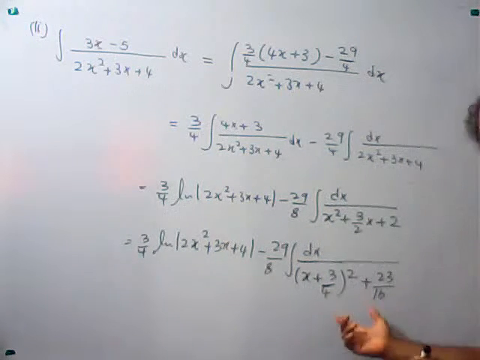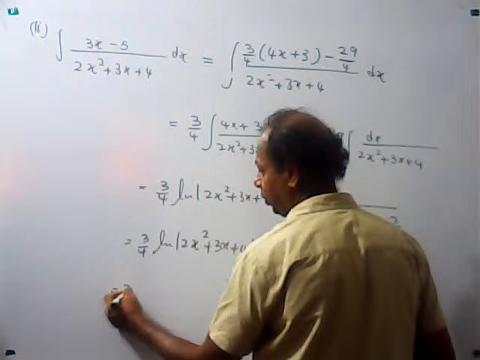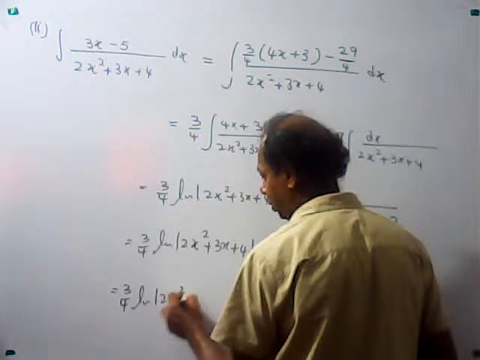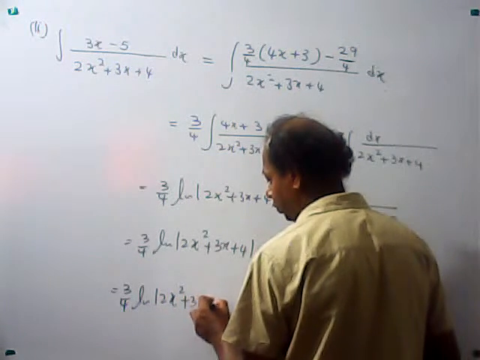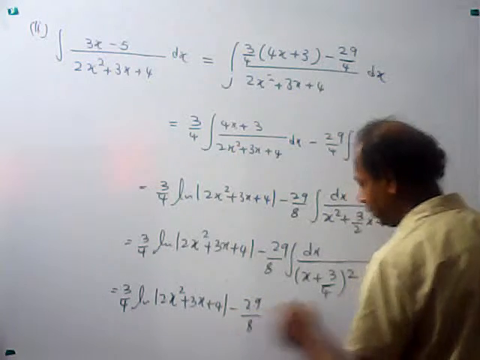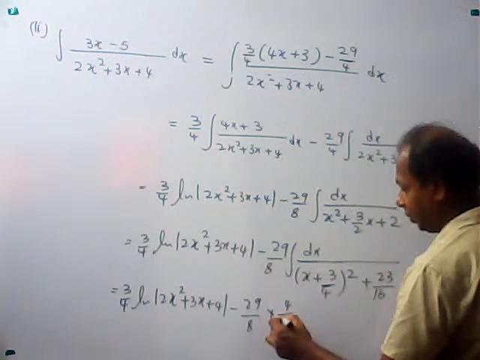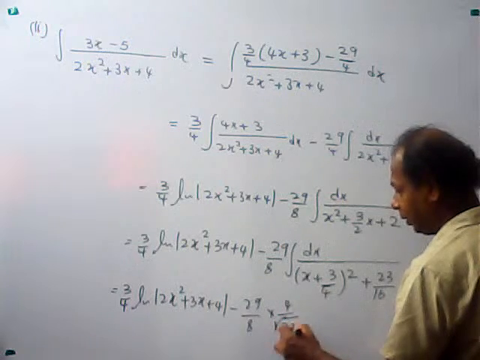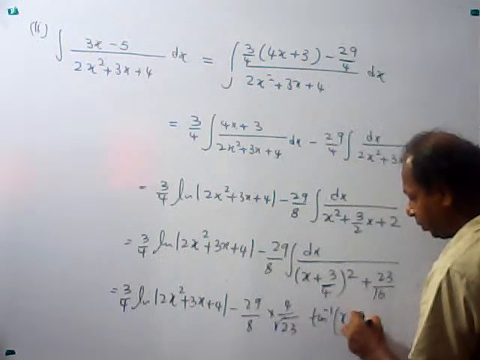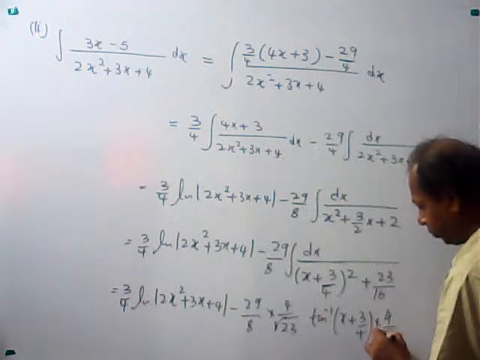And now this is tan inverse form. So 3 over 4 ln mod 2x squared plus 3x plus 4 minus 29 over 8. This is tan inverse into 4 over root 23, tan inverse x plus 3 over 4 into 4 over root of 23